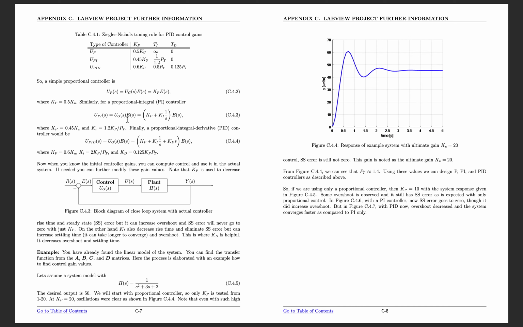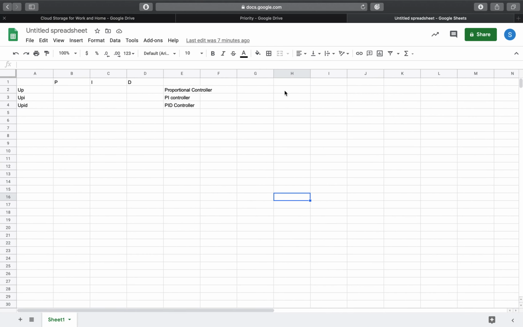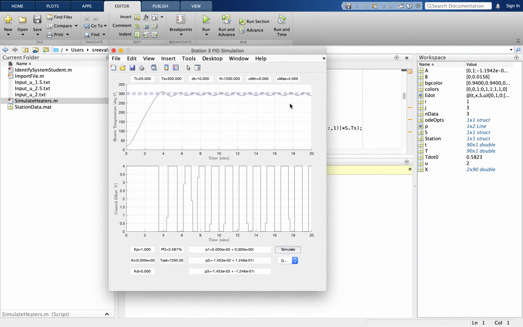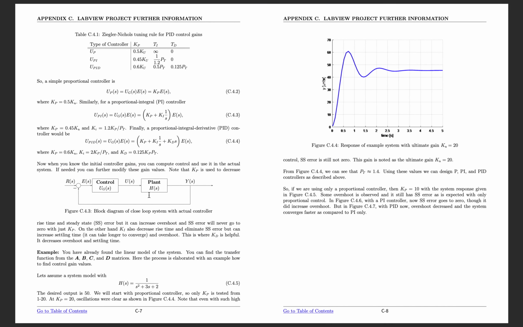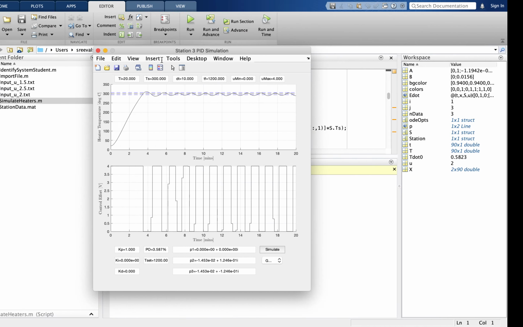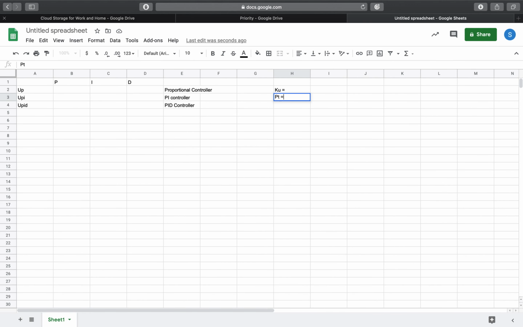So note down your Kp and Ku values somewhere. Ku is equal to, note it down like this, because whatever Kp caused that first oscillation. Then what was your Pu, the oscillation time. So note down those two values.